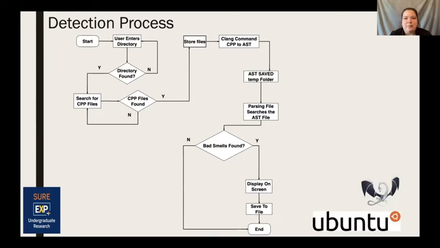Looking over the diagram right there, the user enters the directory in which all the files for the program are located. The directory can contain multiple file types or extensions, and so the team had to find a way to extract just the CPP files. If the directory is wrong, they have to enter it again. If it's correct, we perform a search of the directory, obtaining all the CPP extension files. Moving along, if no CPP files are found, we continue to search that directory for those files.